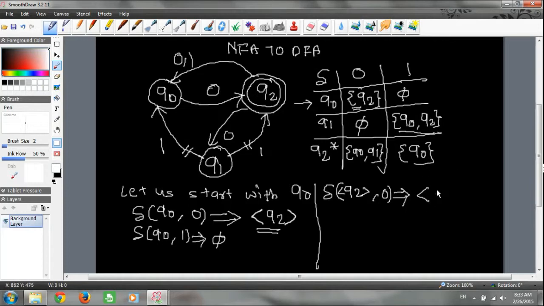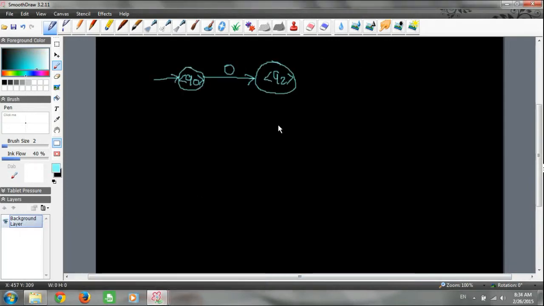So basically Q0 Q1 is giving us a new state Q0 Q1. So let us show this state in the DFA: on Q2, if we take 0, you are going to this new state Q0 Q1.